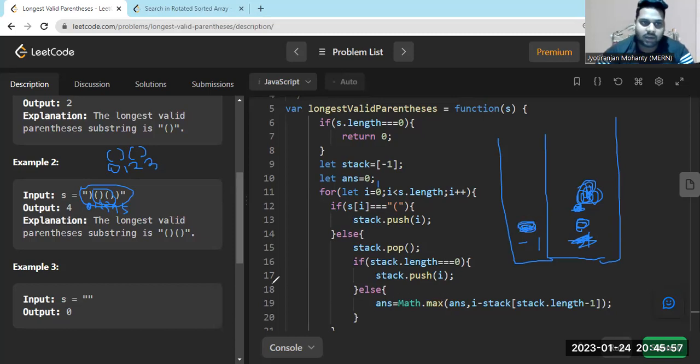Whenever it goes here, you can see that 0 and 1 should be contained, and the length is 2. Because if we are not keeping any element in the stack, it will be an empty array, and it would push the element, since stack.length equals 0, you need to push. We need not push that, because this is a valid parenthesis. We need to get that length, but we would not get our length if the stack has content 0 or 1 and so on. But if it is -1,